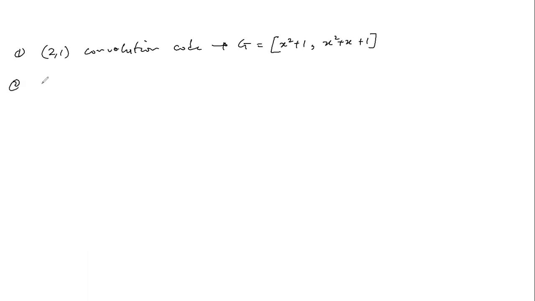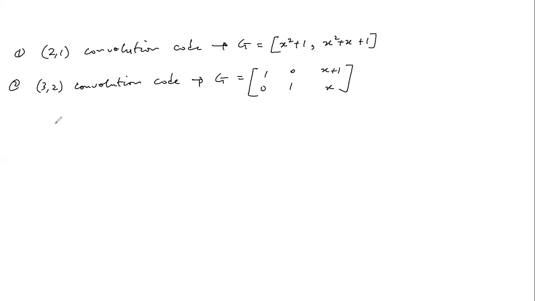And then we are also given a 3x2 convolution code, such that the generator matrix is given by 1, 0, 0, 1, x plus 1, x. Then